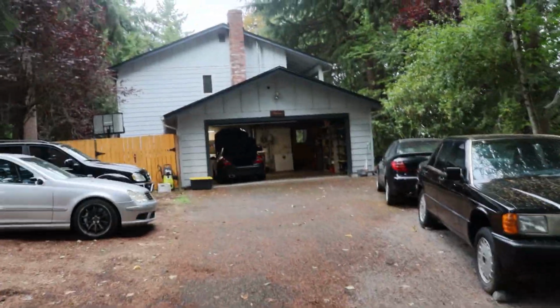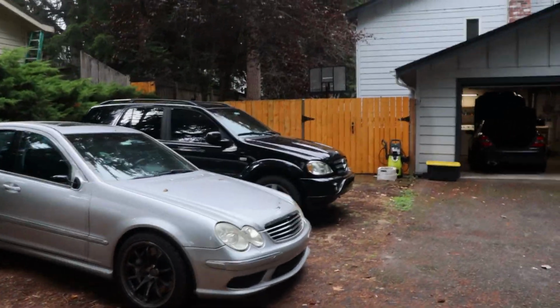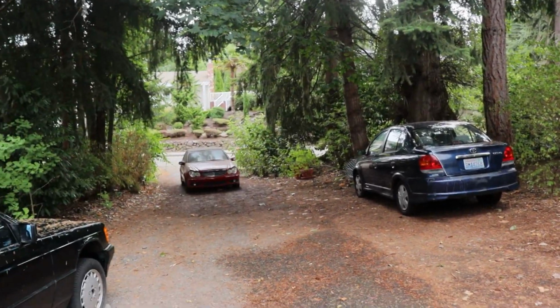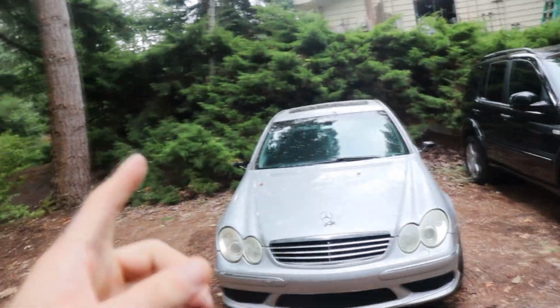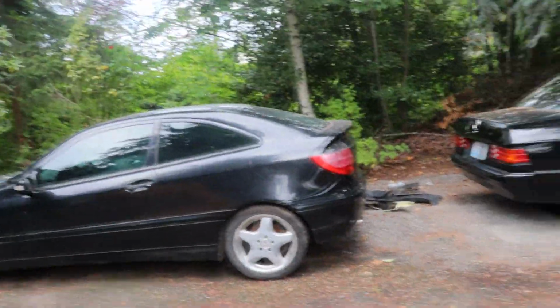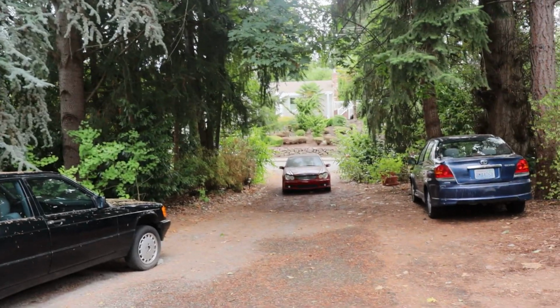We got silver and black gang over here, and actually we only got one silver car remaining. C36 is, oh my god, you guys, I was counting earlier. I didn't even count the C36 sitting out there. We got 7 cars. 1, 2, 3, 4, 5, 6, 7. These will be down to 1 hopefully sometime soon, but for the time being we got 7 again, which is